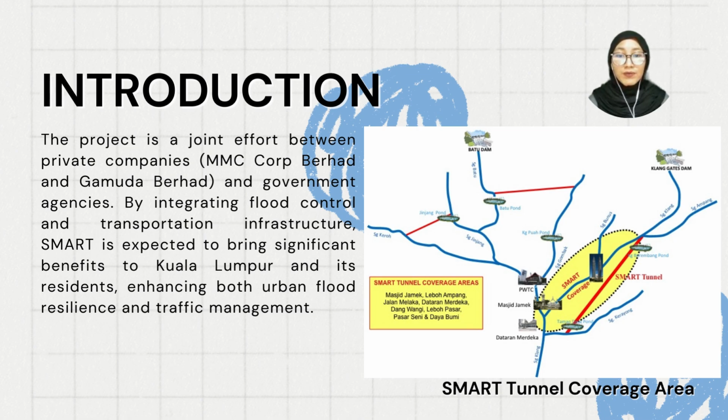city. One of the key features of SMART is the integration of a motorway tunnel to help alleviate traffic congestion at the southern gateway to Kuala Lumpur. This tunnel will provide an alternative route for motorists entering and exiting the city centre from highways like the KL to Seremban Highway and Federal Highway. By reducing traffic congestion at the southern gateway, SMART aims to improve travel times and overall traffic flow in the